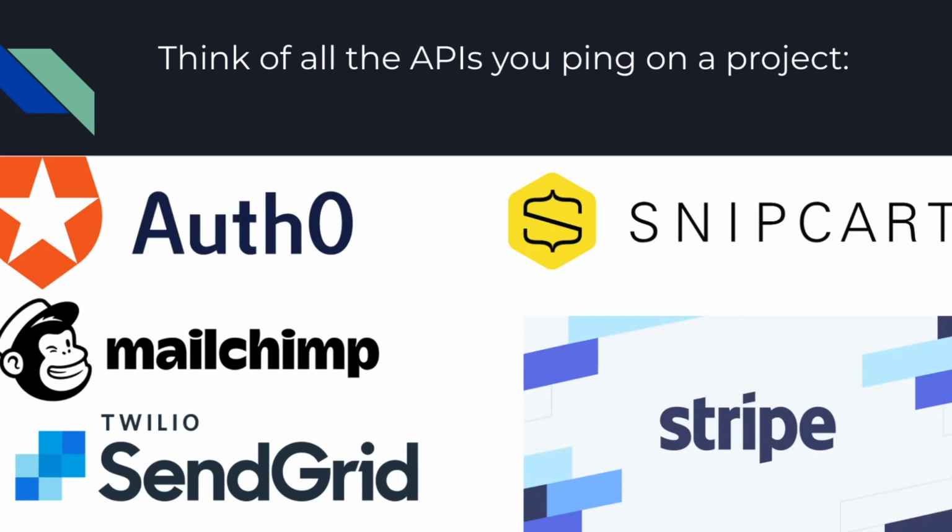But it was way harder than it needed to be because Stripe and MailChimp handle REST differently. For example, here's one logical inconsistency with REST off the top of my head. REST defines what to do with a certain resource. If you want to get it, you use the get method. If you want to post it, use the post method, right? There's different methods, and they organize the API with that.